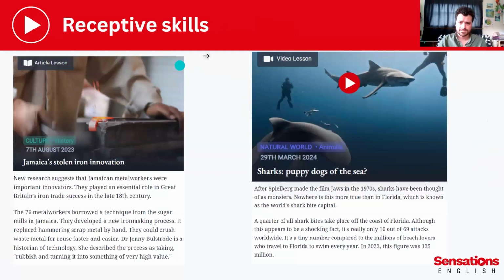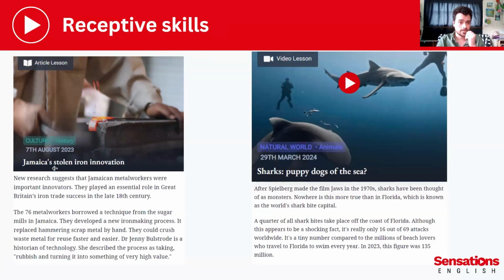Now let's focus on receptive skills, because as we pointed out, it's better for productive skills. It's easier to integrate for productive skills, but you can use it for receptive skills, absolutely. And I do this all the time. So if you have these two materials, an article and a video, you could jigsaw, right?